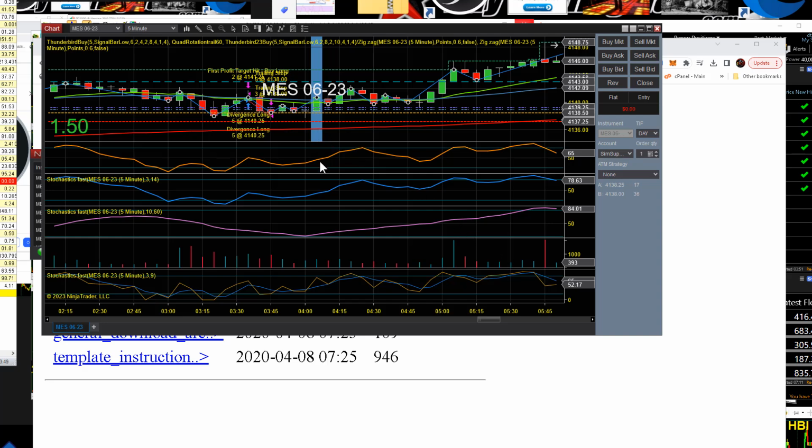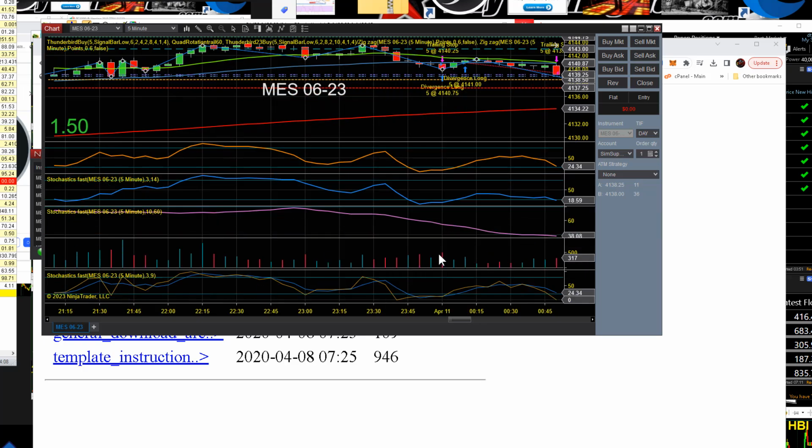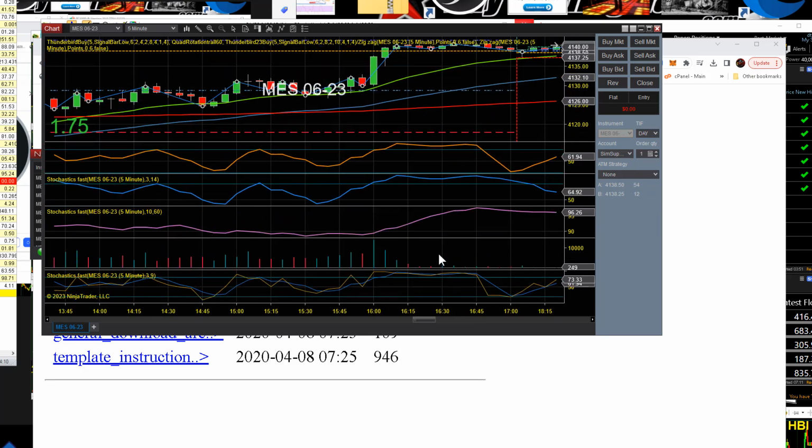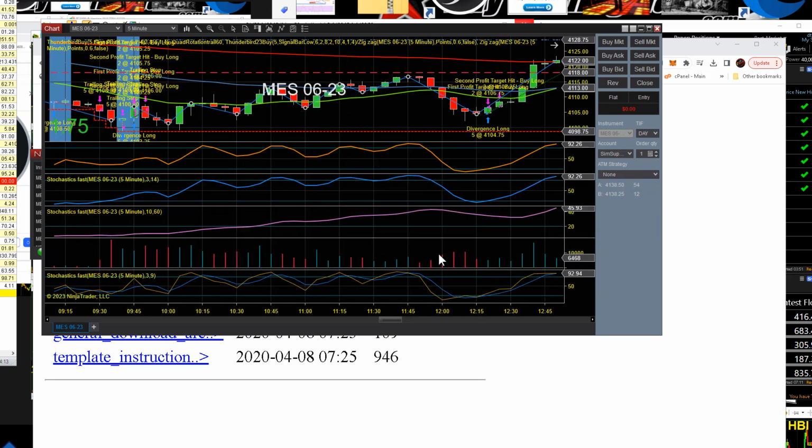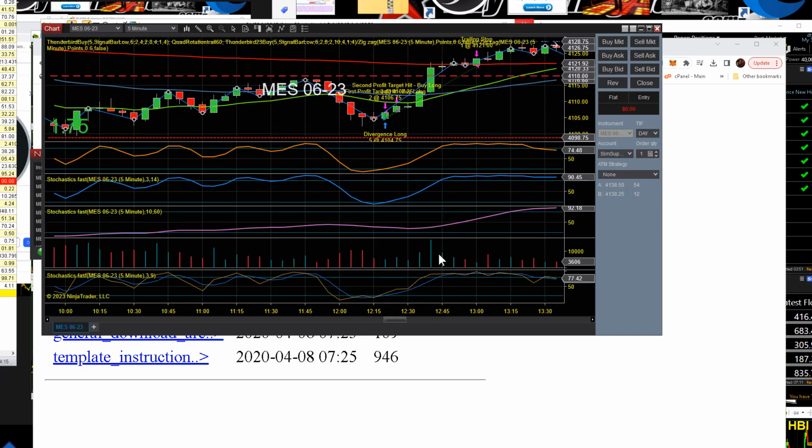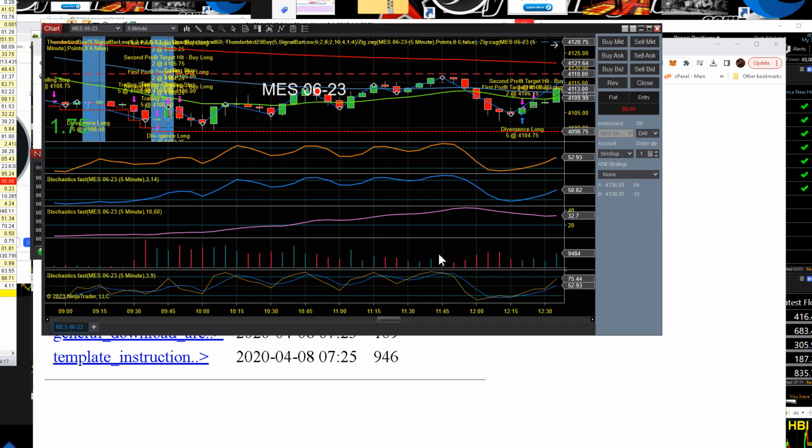Meaning we get a quad rotation and you get a fast little divergence right on that. And it's almost here on the 9-3. Not bad. I mean, you can see good